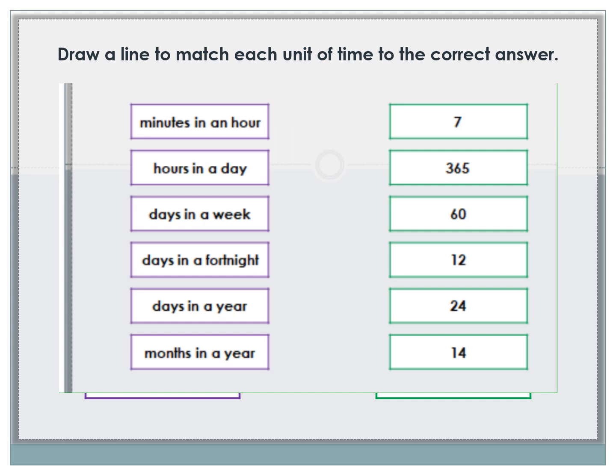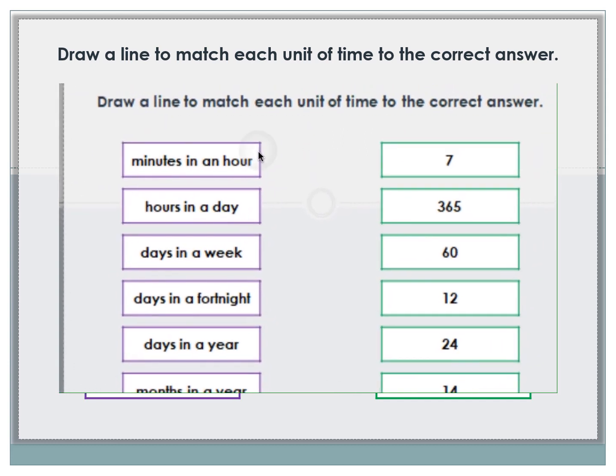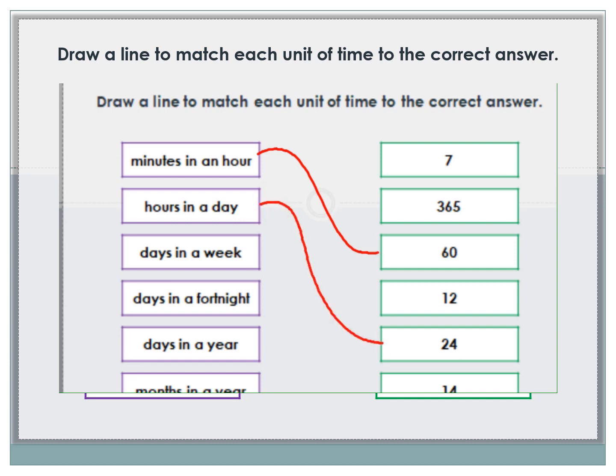So let's have a look. So yesterday we did minutes in an hour, and I know that that goes with 60. Let's have a look. So, hours in a day, that is 24. How many days are in a week? 7. So if there's 7 days in a week, I know that a fortnight means 2 weeks,